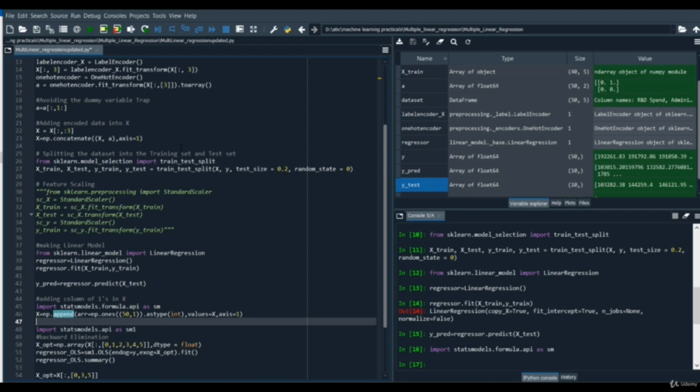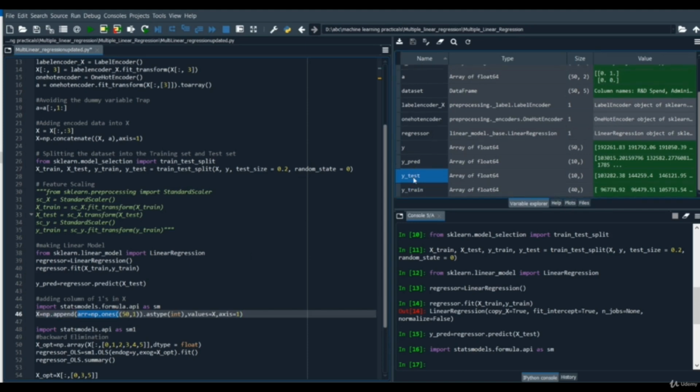So we are going to create a column of 1s and append it to our independent variable X. We use X equals np.append of numpy, and we pass the first array as np.ones, with the same size as X, that is around 50 rows.